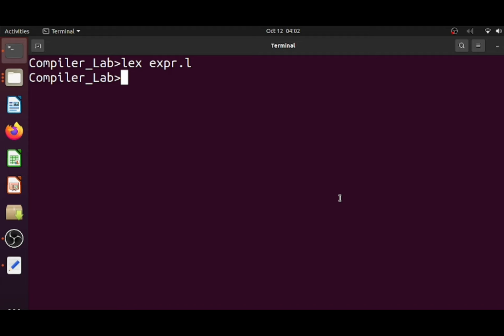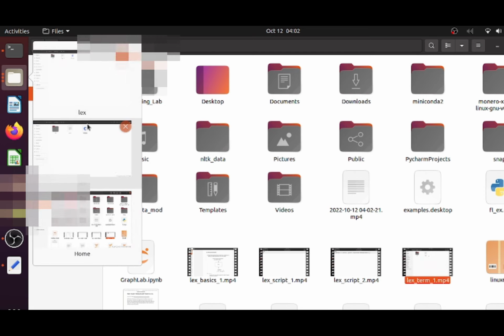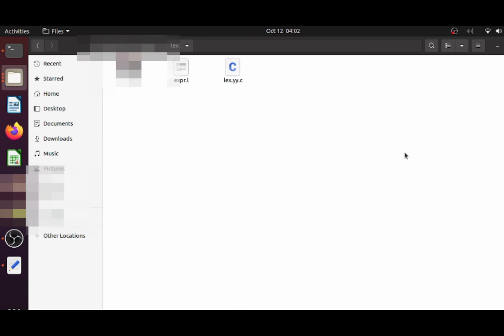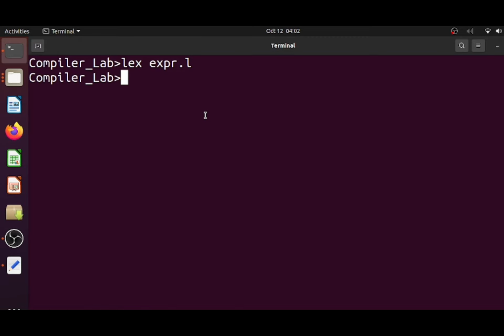We have generated the lex.yy.c file, that is the file which is actually our lexical analyzer. Now our next focus is to convert this .c file to an object file or an executable so that we can actually parse or analyze input streams. For that, obviously we need a C compiler. So I am using cc, followed by the file name, lex.yy.c, and